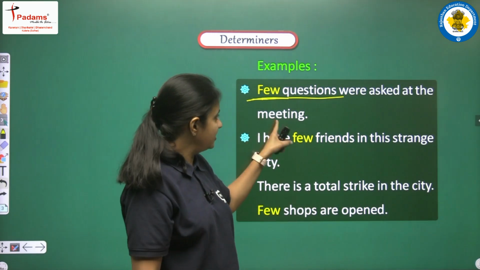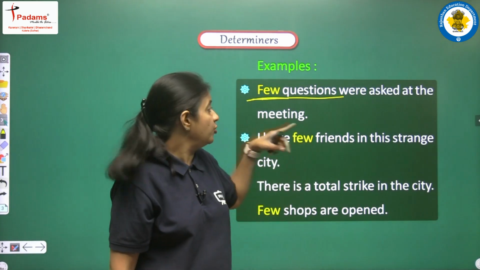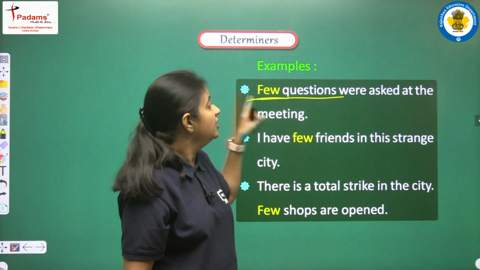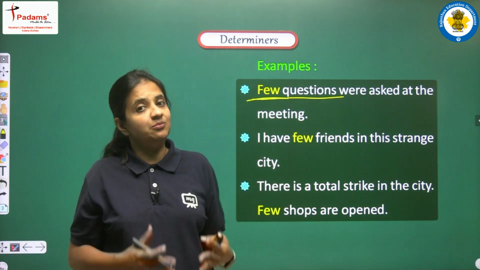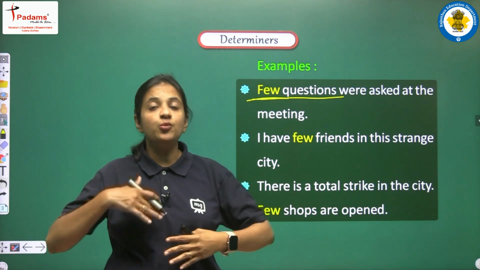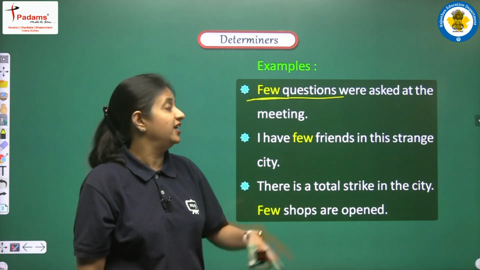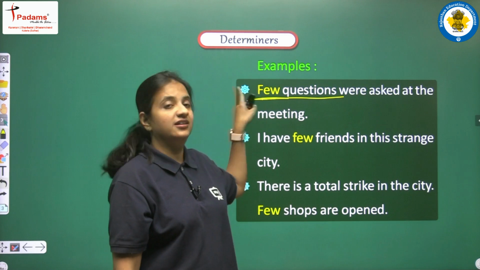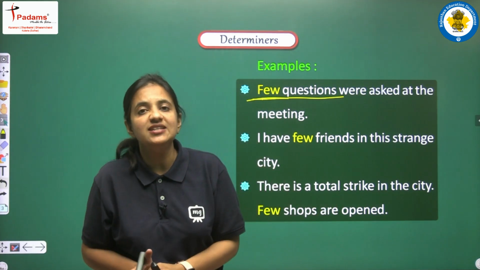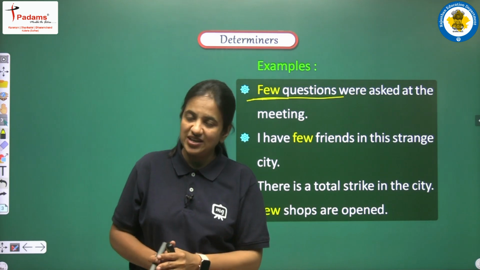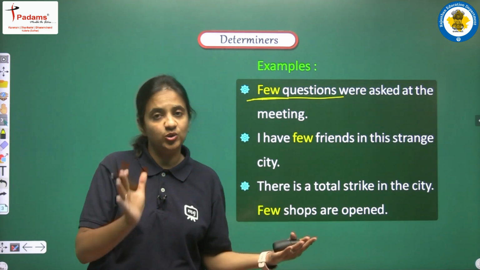So here in the sentence we are trying to say that जो meeting we are talking about here, उस meeting में ना के बराबर question पूछे गए थे, इतने कम पूछे गए थे, that we can say कि बिल्कुल भी नहीं पूछे गए थे. So one thing is clear here, that few is one of the negative words, and when we are using this word in a sentence, yes, we can give a negative meaning to the sentence.